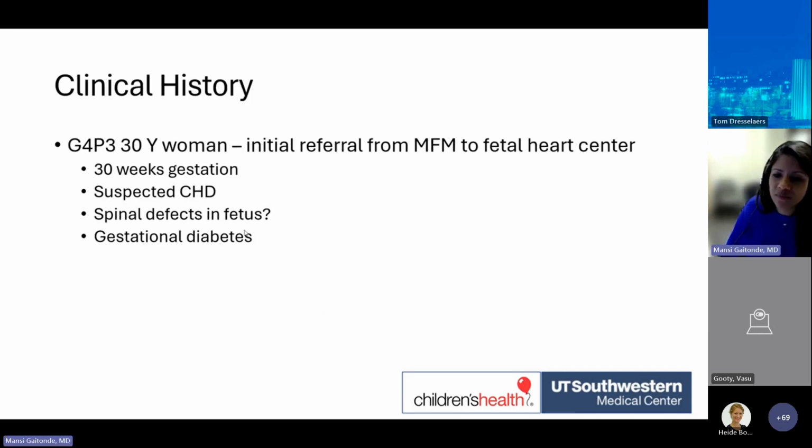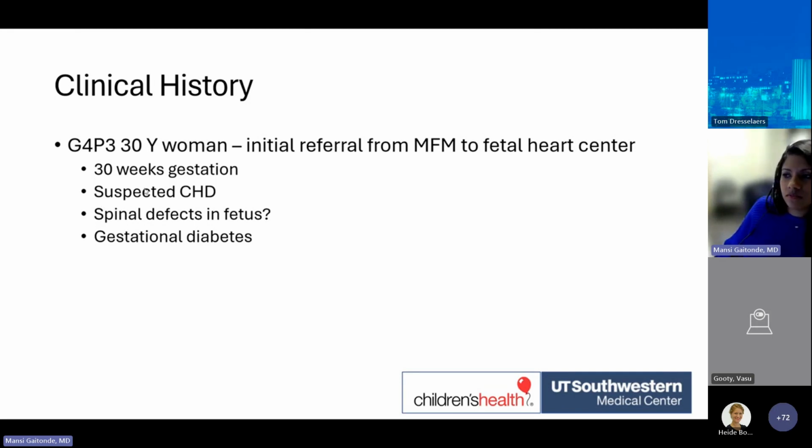This all started with my fetal fellow, who went over to our county hospital with the maternal fetal medicine clinic and was there doing a rotation. She came back in the afternoon and said, I think we found an aortopulmonary window on this fetus, which I thought was really unusual because I've never diagnosed that prenatally. Fortunately, they made an official referral to our fetal heart center. So they always come in through our heart center. And so we start with the fetal echo.